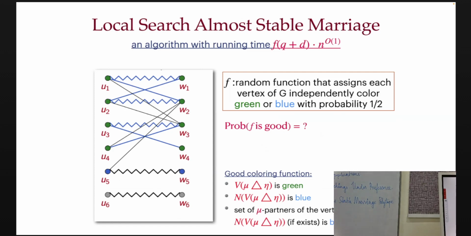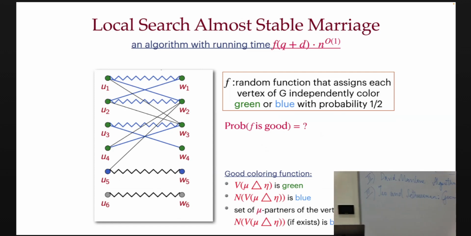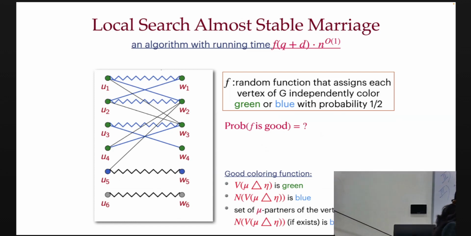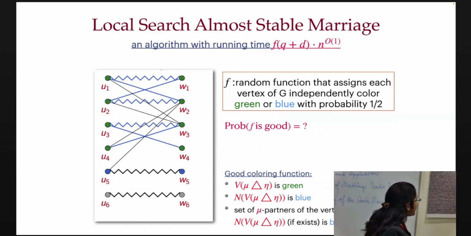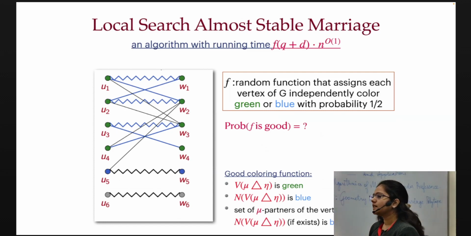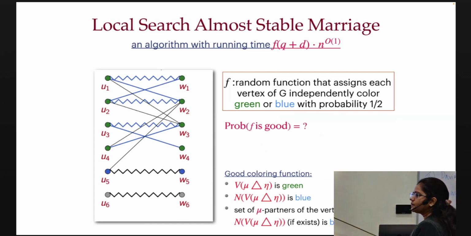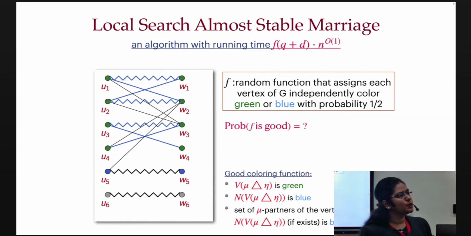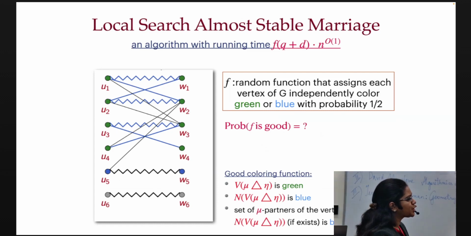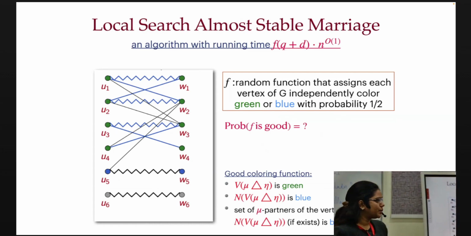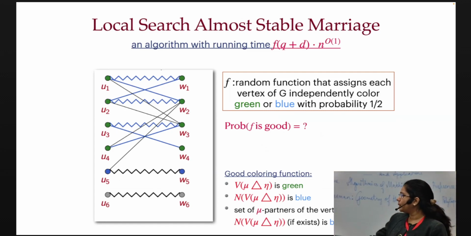So we need to understand with what probability all these desired things will happen. What is the probability that mu symmetric difference eta is green vertices? How many vertices are there? 2q, correct? Because mu symmetric difference eta can be at most q, right? So the vertices in this set are at most 2q, right? So this will happen with probability